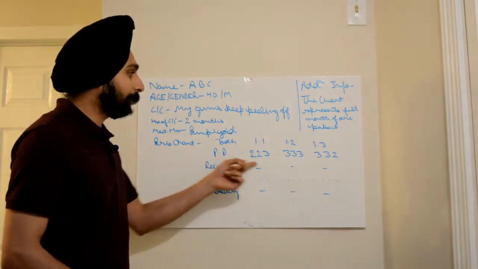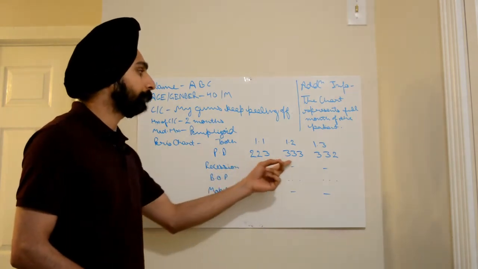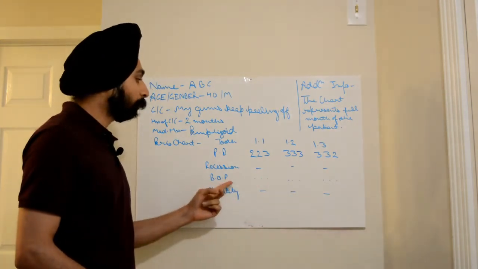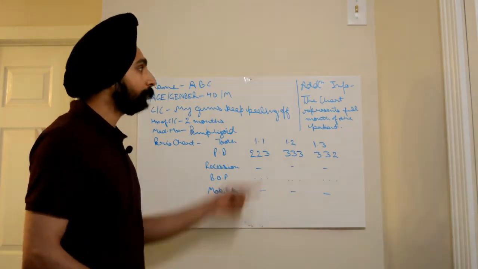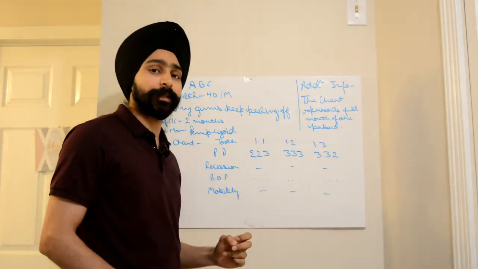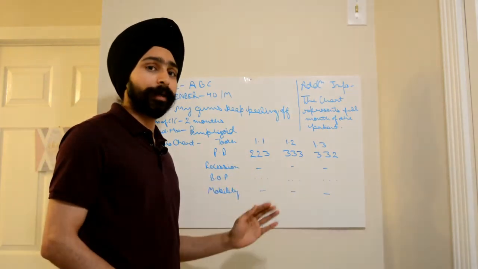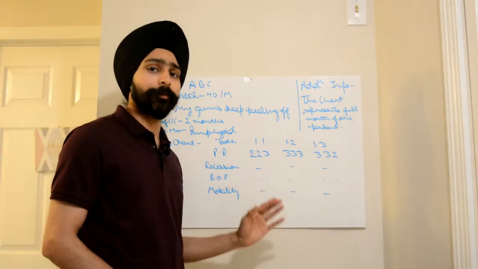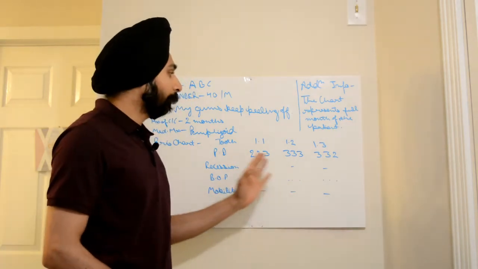Their probing depth everywhere is less than 3 mm or 3 mm, so 223, 333 and 332. Recession is nowhere present. Bleeding on probing is present at all the 9 sites. There is no mobility. Also in the additional information it is given, the chart represents full mouth of the patient. This means that although in the perio chart they have given just 3 teeth, based on this perio chart they have told that everywhere else in the mouth the condition is same,